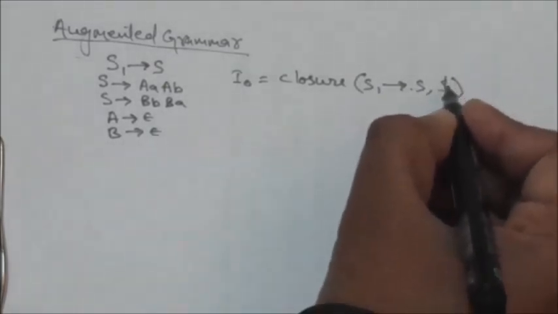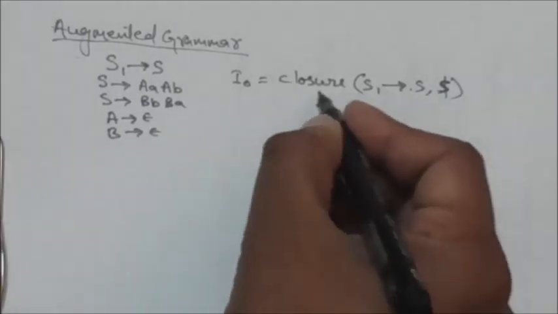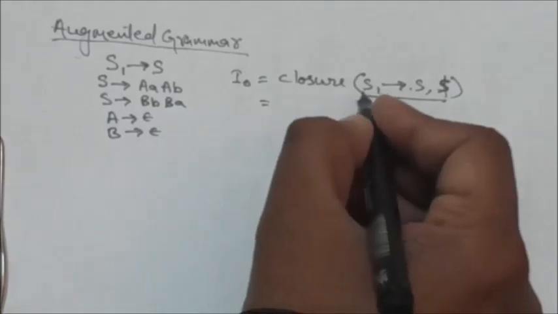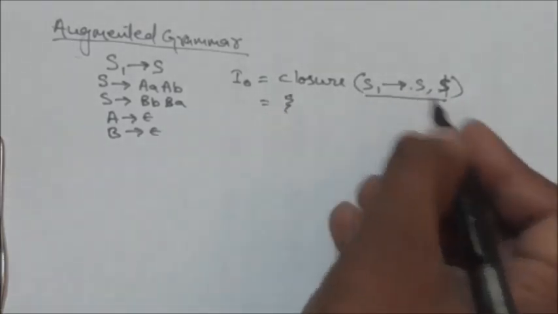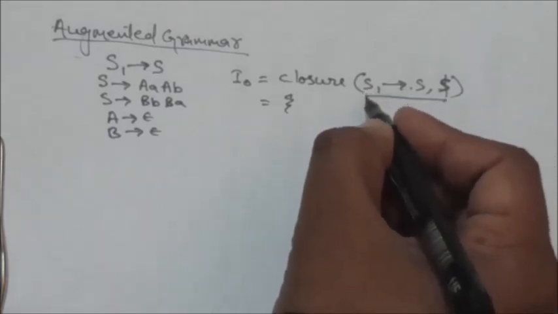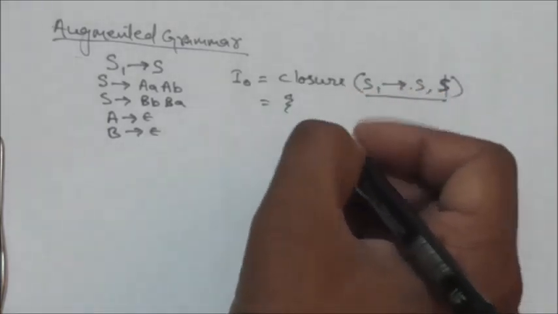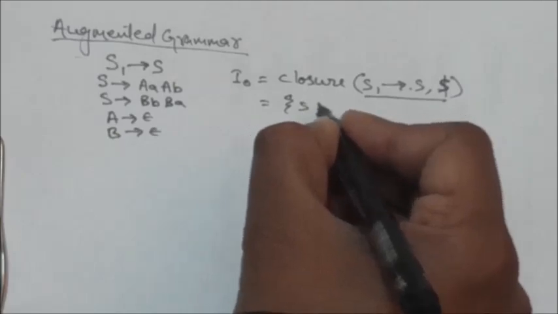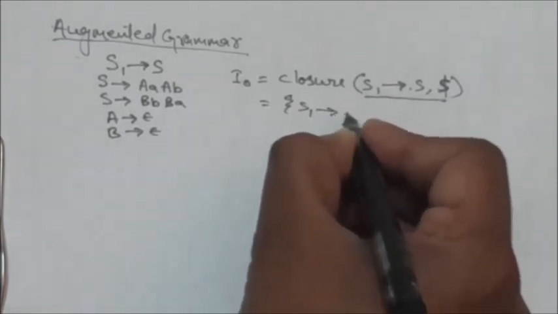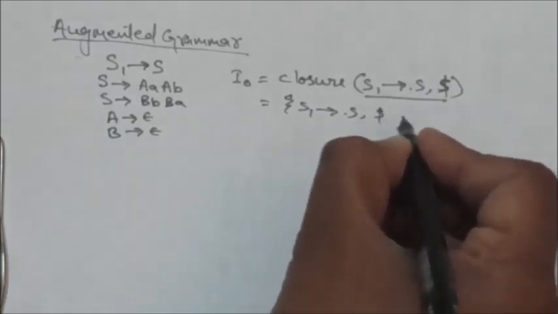So initial state of DFA will be closure of this item, right? So what would be the closure of this item? The closure of this item will be a set of items, right? So first this item itself will be added in its closure. So in the closure of this item we will add this item S1 derives dot S, look ahead symbol dollar,